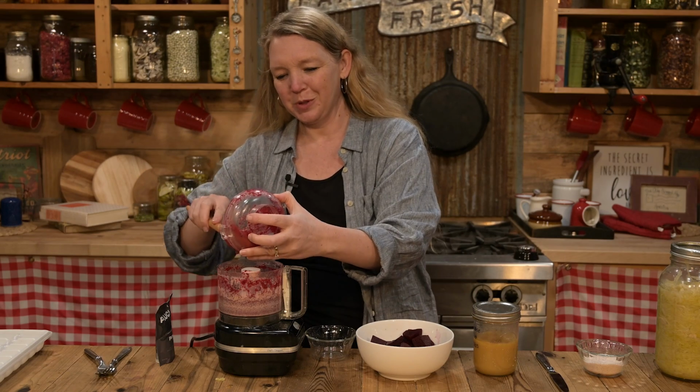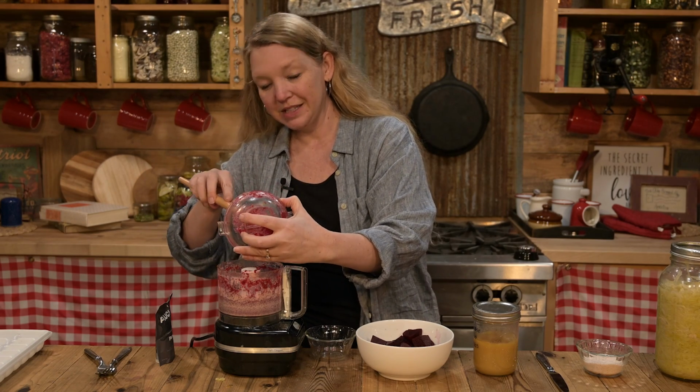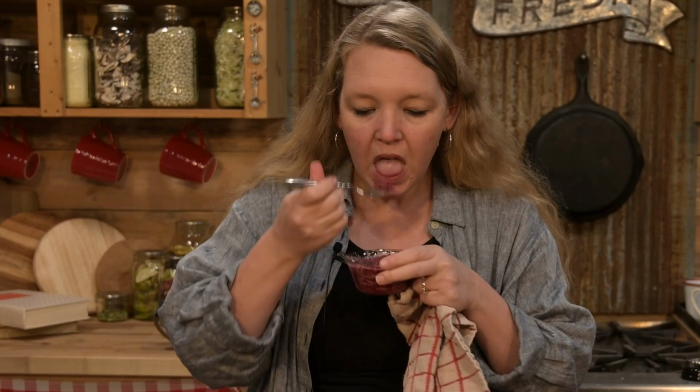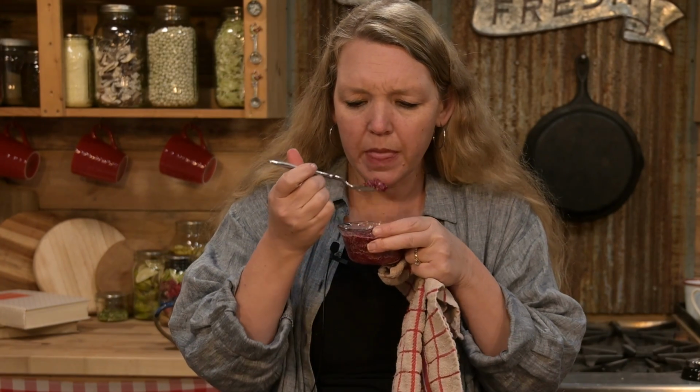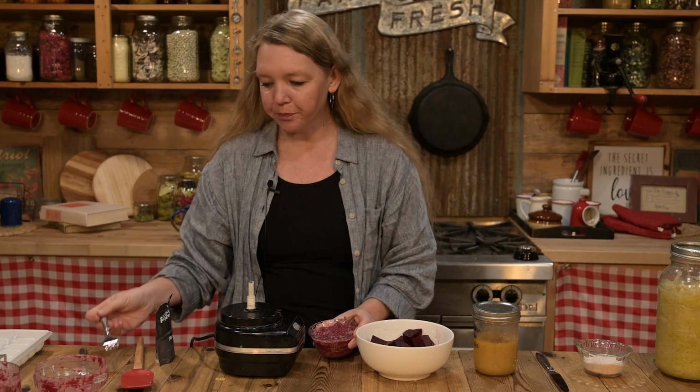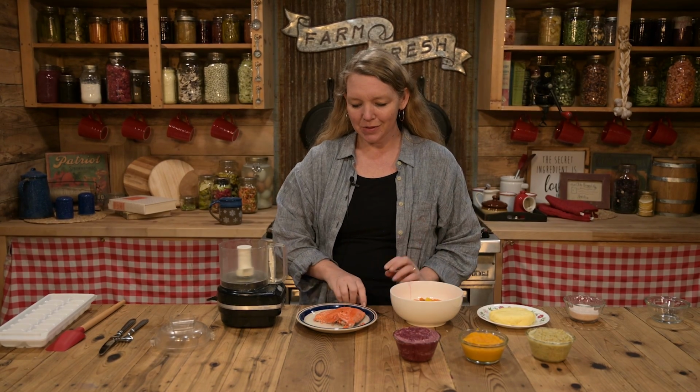Ooh, this color is beautiful. Wow, it is very, very bright red. Oh, wow. Oh my goodness. That is so good. And now one last one that is absolutely amazing, and this is gonna be a salmon